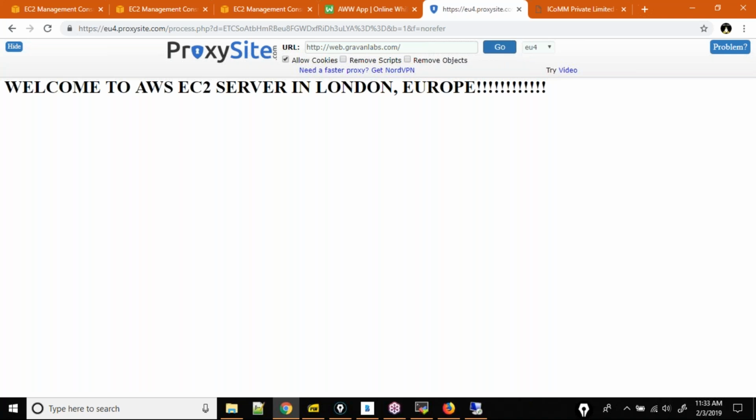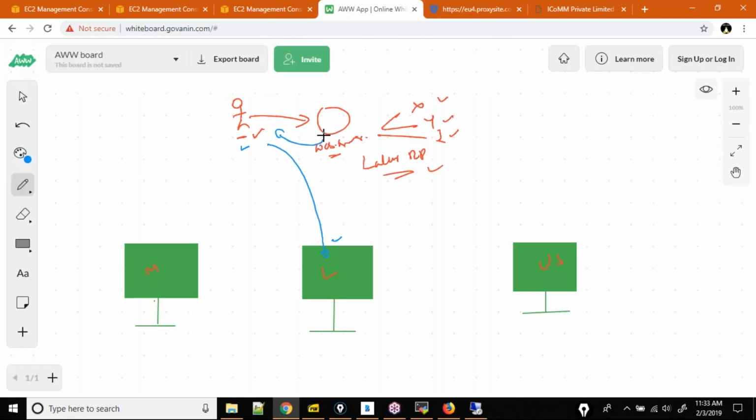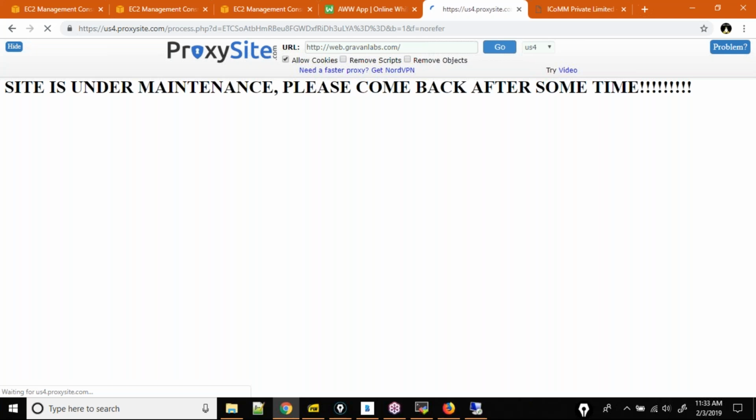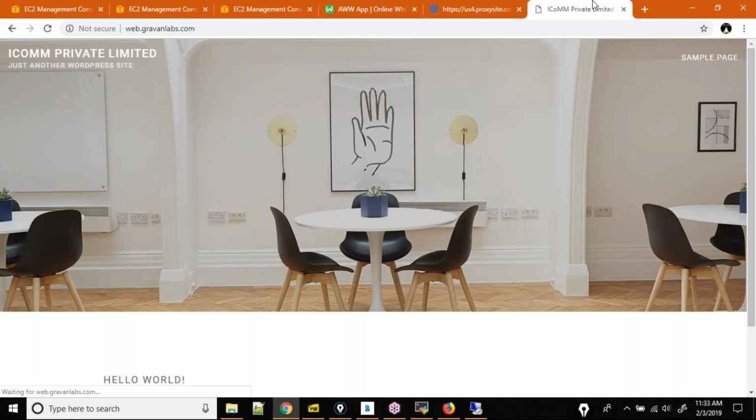Whatever I just told, it will route with the latency routing policy: it will find the user location, calculate which is the nearest location server, and then route the traffic to that. But we are not seeing it. When I click enter, I'm getting the response. So you see, within a millisecond the things are happening, right? This is what the latency routing policy is all about. Okay, understand? The latency routing policy means,